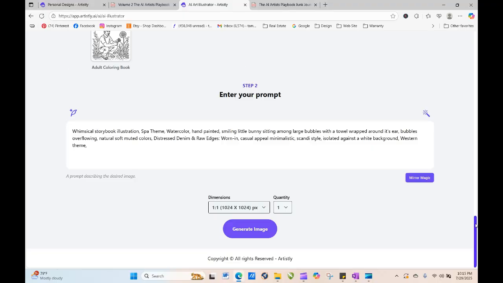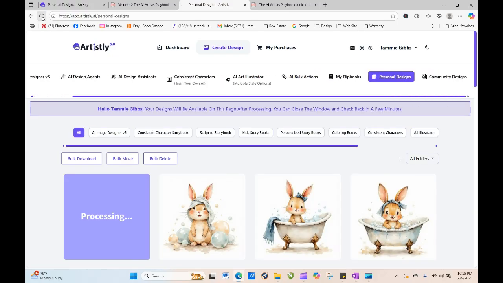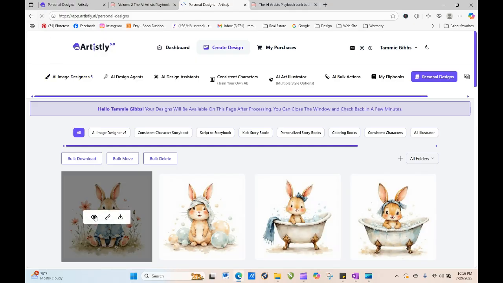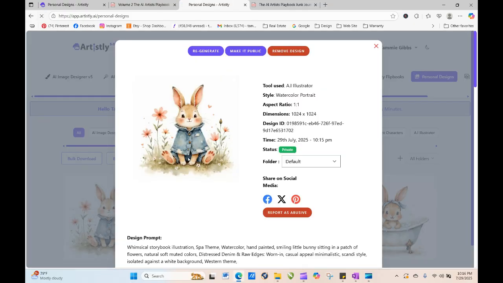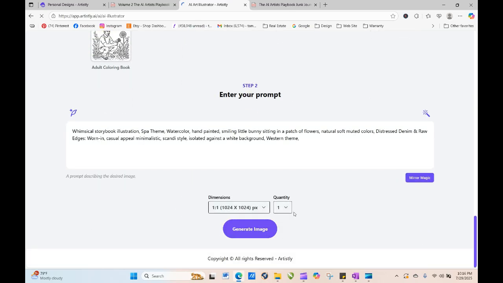Let's go back to the, I don't know what I did. I took us out of there. So cute. So let's see if this patch of flowers, if we get the same little looking bunny in the patch of flowers by making that little tweaking adjustment. Yeah, you do. And it's in denim. I mean, that little outfit's a little weird, but gosh, that would make such a cute little